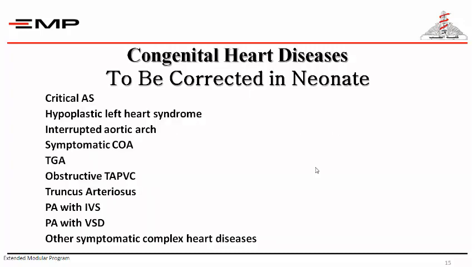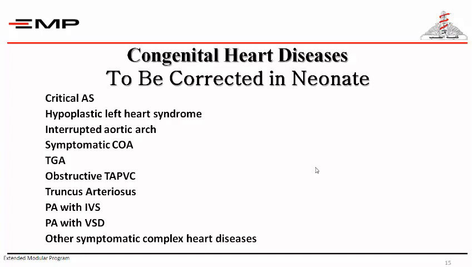Congenital heart diseases to be corrected in the neonates are due to severity of the case, and we cannot wait for a neonate to grow up and operate upon. So those anomalies are critical aortic stenosis, hypoplastic left heart syndrome, interrupted aortic arch, symptomatic severe coarctation, transposition of the great arteries, obstructive total anomalous pulmonary venous connection, and truncus arteriosus. All those diseases involve either severe obstruction that the neonate cannot survive with, or obstruction to the circulation inside the heart, as in obstructive transposition,